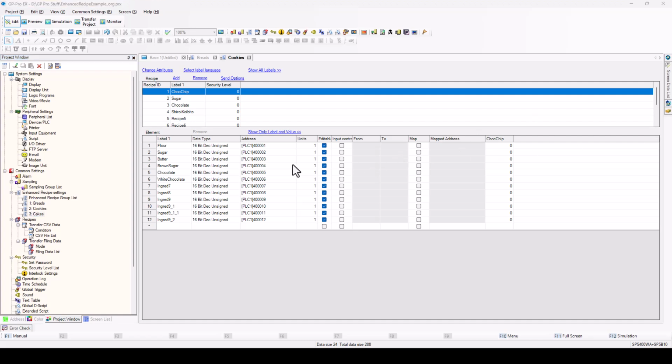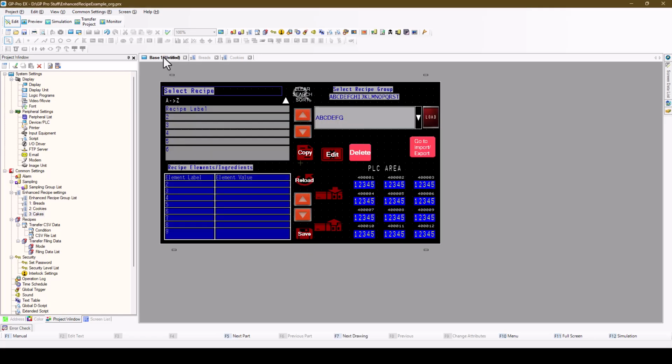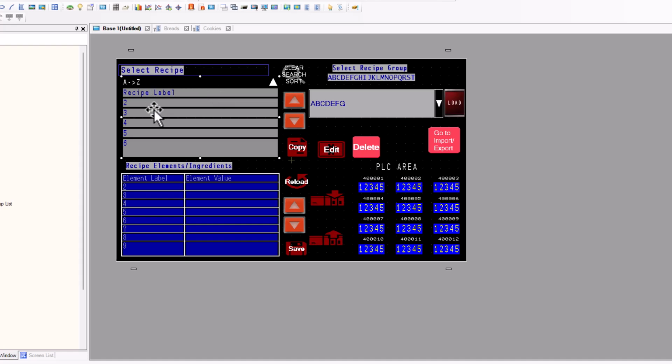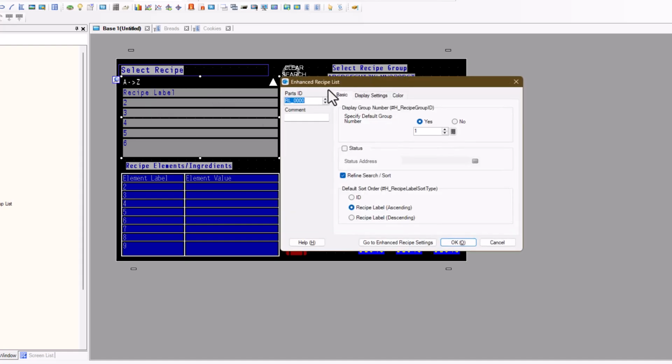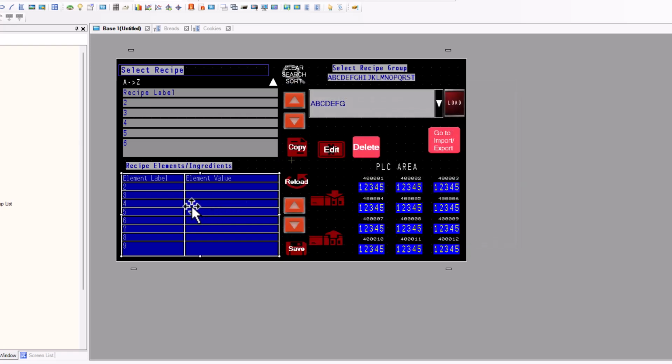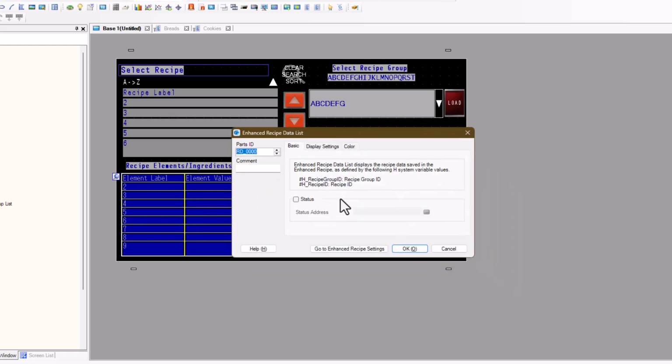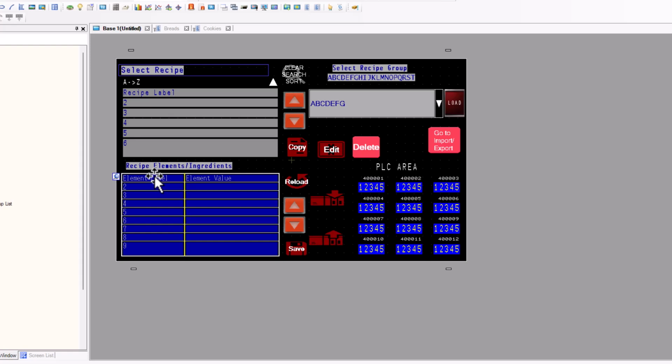Okay, so then if we go back to the screen that I've created to manage my recipes, you can see this is the enhanced recipe list. This is showing me the group, and it'll make more sense when we get into the runtime how this is behaving. Again, this is the enhanced recipe list, listing out the different recipes from the group. This is the enhanced recipe data list, where we see all the ingredients and their values